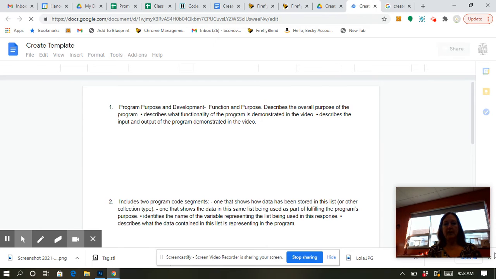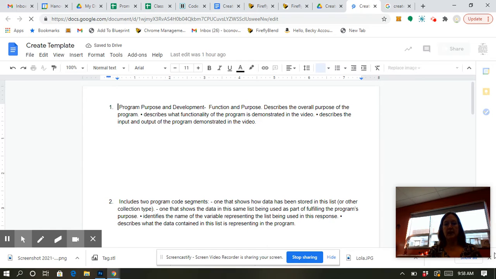So this is where you are going to be doing the written response of your program. The written response is the most important part of this when you're developing it. Let's just go through it so you have an understanding of how you're going to decide what program you want to create and all that good stuff. So first of all,